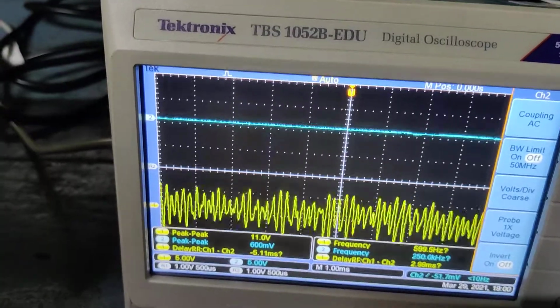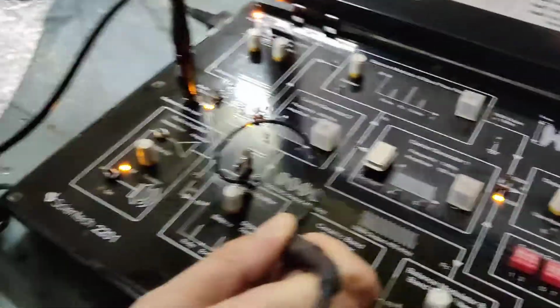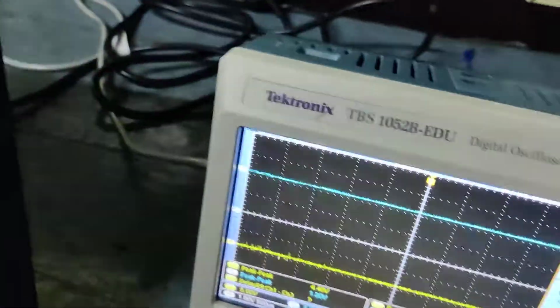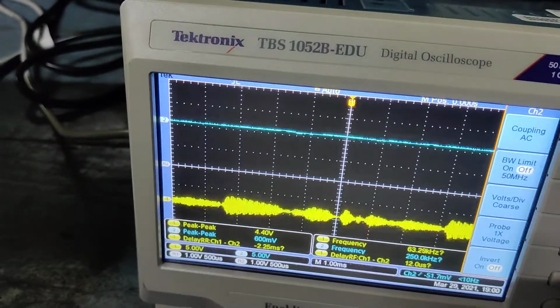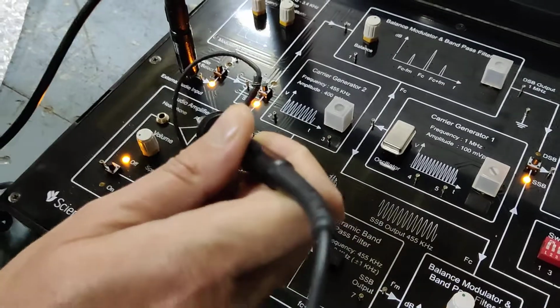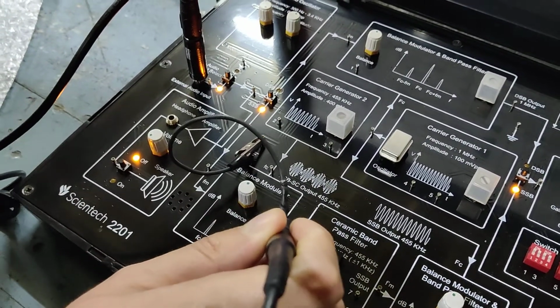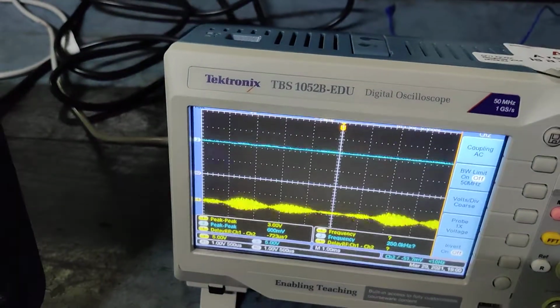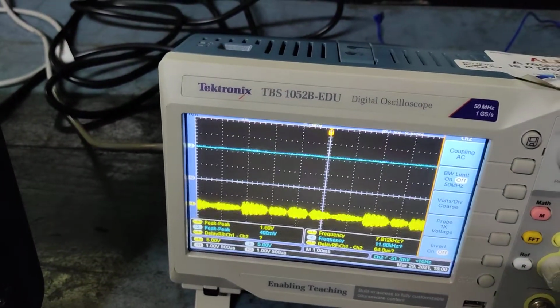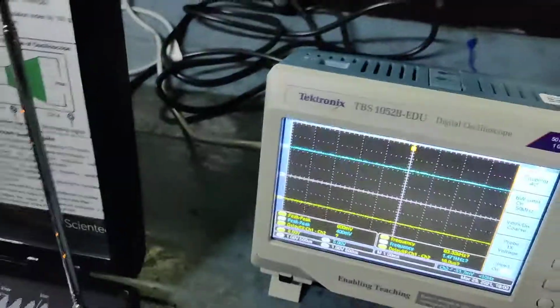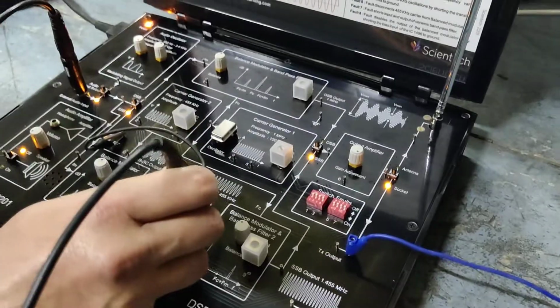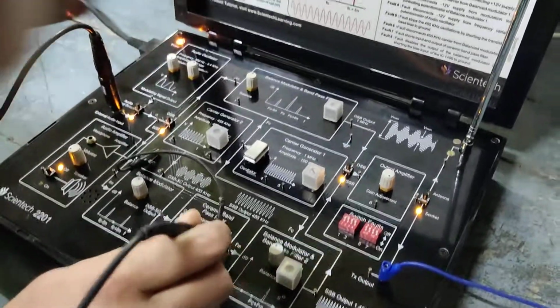Likewise, when I am talking, we can see that the DSB output is there. I have kept this particular knob at the original position, where I will be obtaining the DSB SC output. So once I am talking, I will see the variation in the signal, which will be a pure DSB signal. Then at the output of this filter, I will observe a signal which will be an SSB signal.